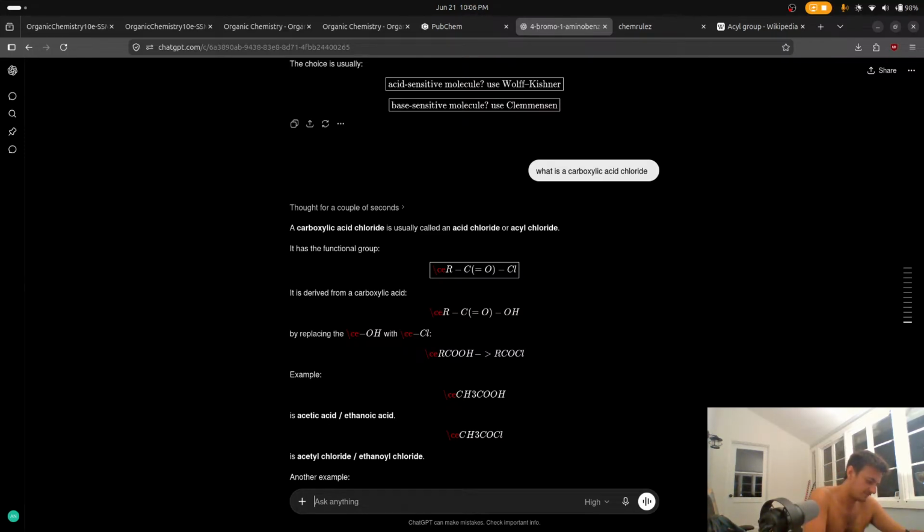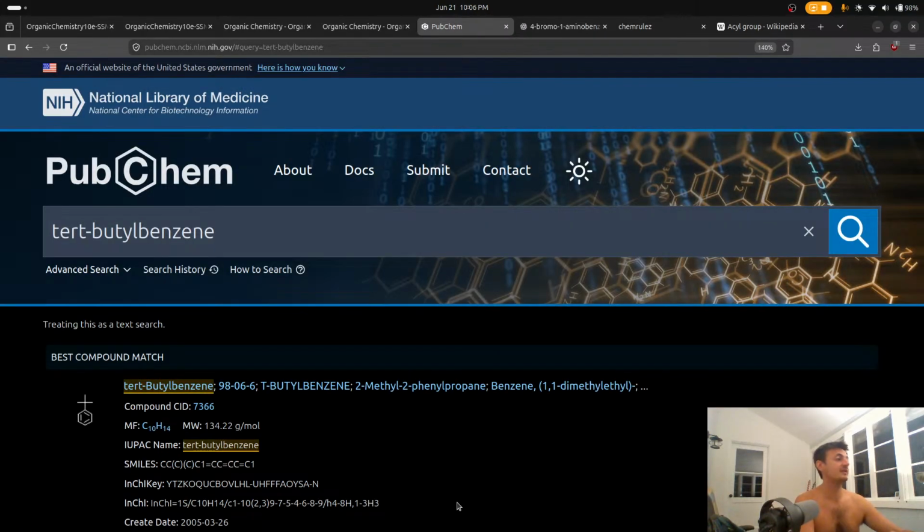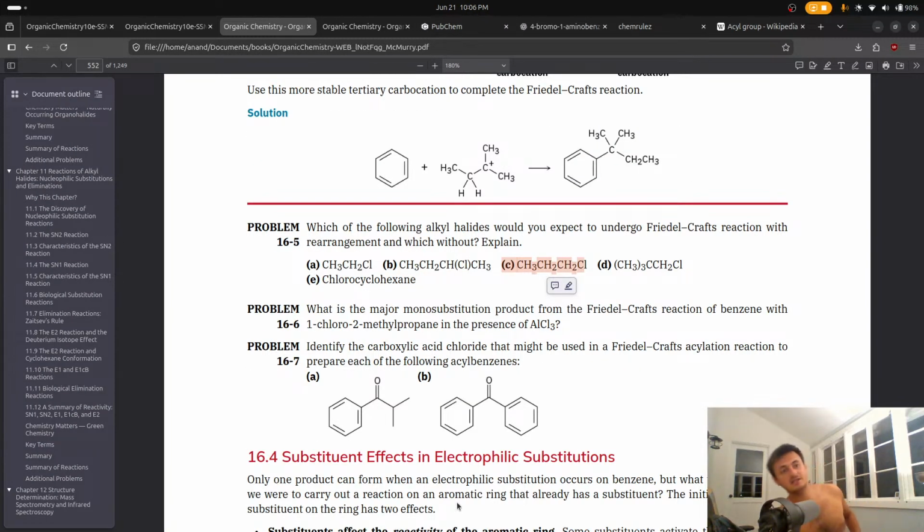RCOCl is sometimes called a carboxylic acid chloride, or simply an acid chloride. Okay, that's something that should have been in the textbook, because they didn't say that, or if they did,